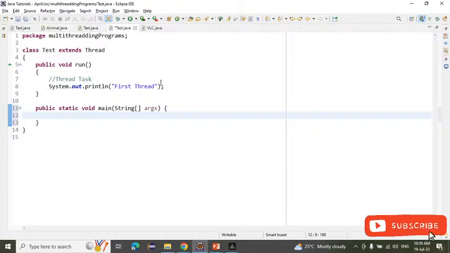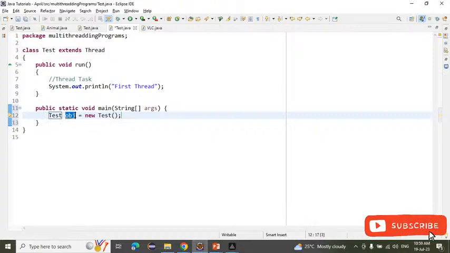So which class object do we have to create? That is the current class object. Which is the current class here? That is Test. Simply, we will create a Test class object, and here the obj. So this is our thread. This is the thread we have created here. This is called the thread. So here our thread is created. In this step our thread is created,